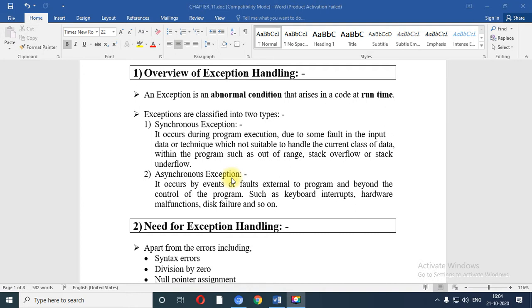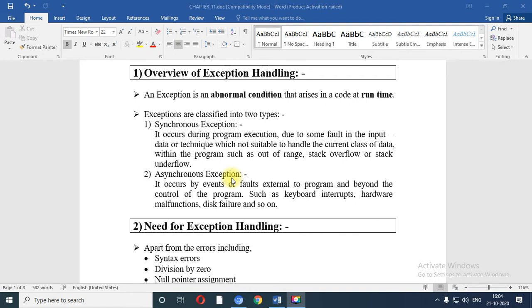In such cases it will produce an exception. Whereas asynchronous exception means abnormal conditions caused by hardware failure. When there is a fault in a keyboard, or some hardware malfunction, or some disk failure, in such situations asynchronous exception occurs. So this is the overview of exception handling.